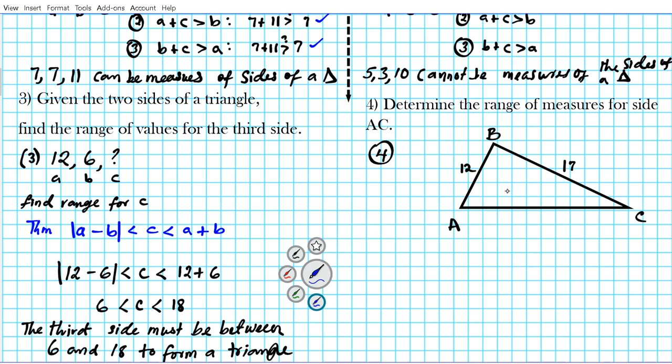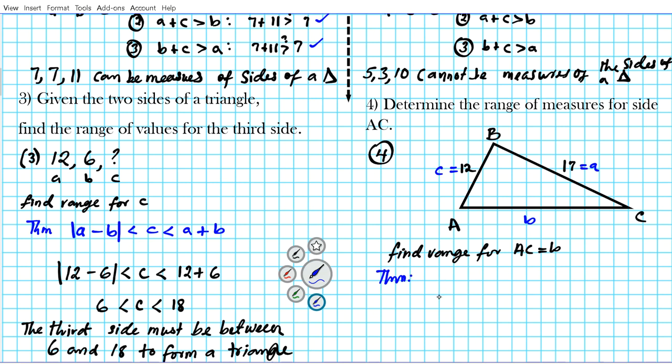So let's call this side little a, let's call this side little b, and let's call this side little c. So in this case, we are going to find the range for AC, which is the same thing as B. Okay, so if you revisit the theorem for triangle inequality that we showed earlier, number 2, there